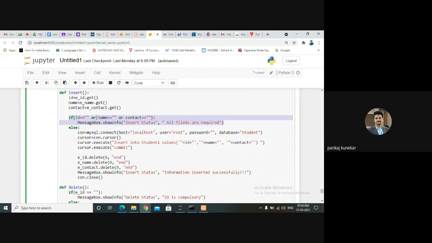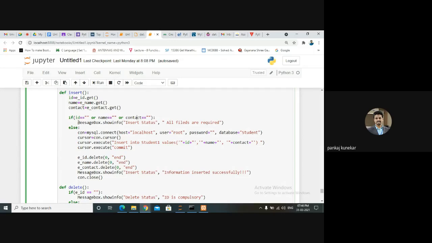So if ID is null, or name is null, or contact is null, meaning any of the variables from the text boxes is null, we are using or. That means we have not entered something in ID, name, or contact.